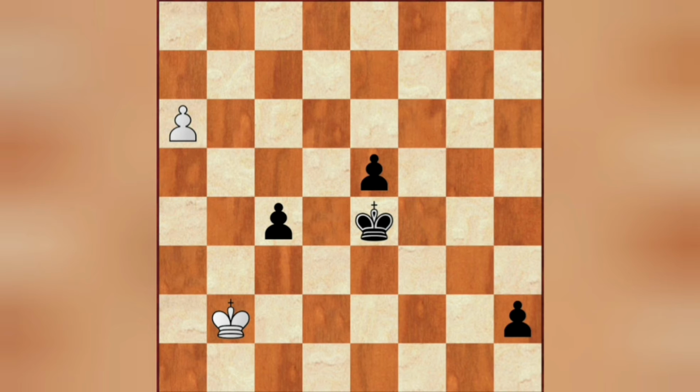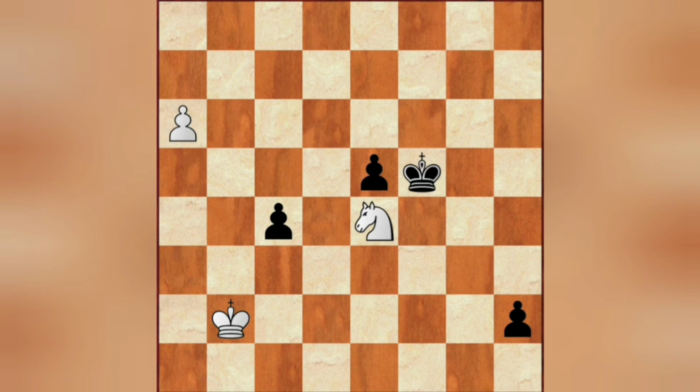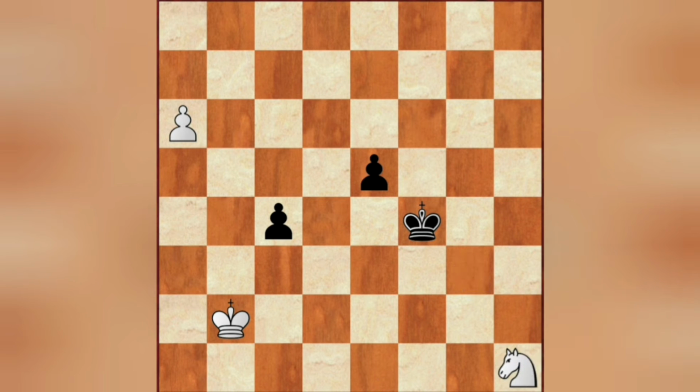Okay, the first idea is to capture the knight, but a7. Black promotes the queen, but unfortunately for black, white captures their queen on h1. And so, what else can black play here? For example, promote their pawn, but unfortunately for them, it's a fork on g3, and again, white has a winning position. Okay, let's return. Maybe to try king to f4,